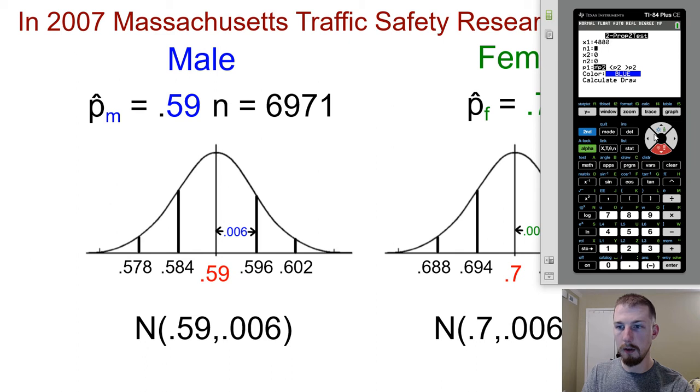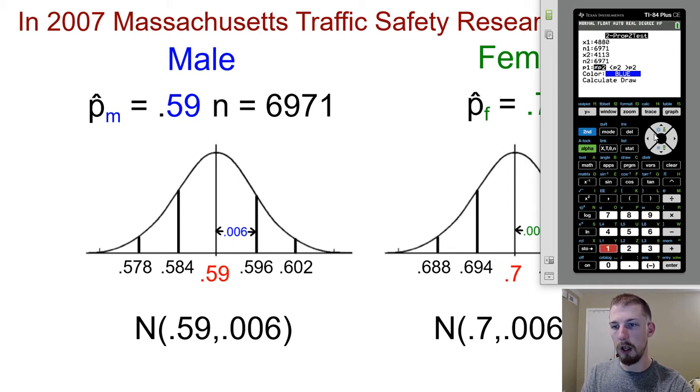Okay, so it's going to be 4,880 women who were buckled up out of a total of 6,971 drivers. And then the same thing for the men. So that value times 6,971, and then that's going to be rounded as well, out of a total of